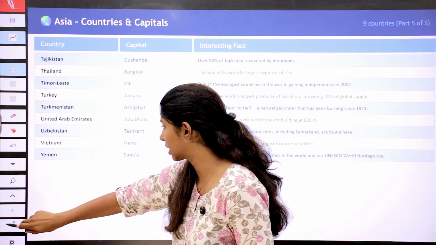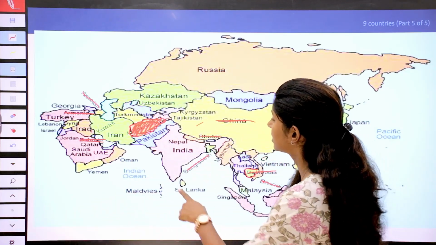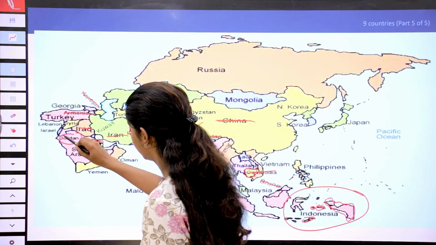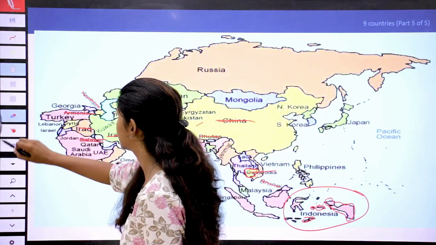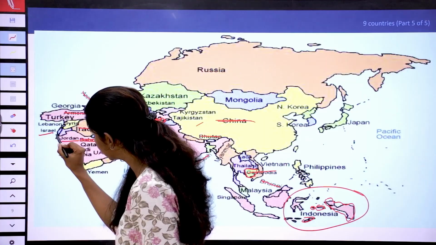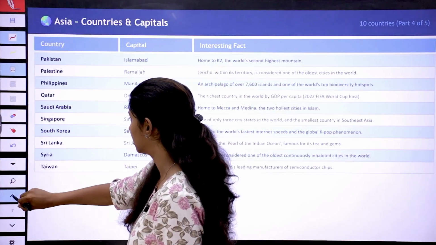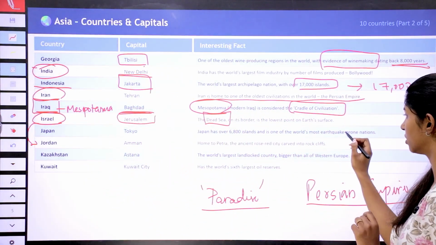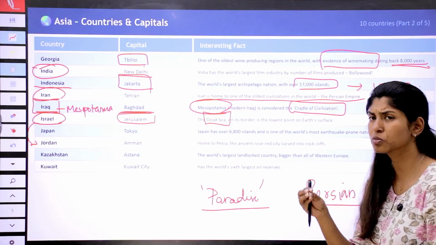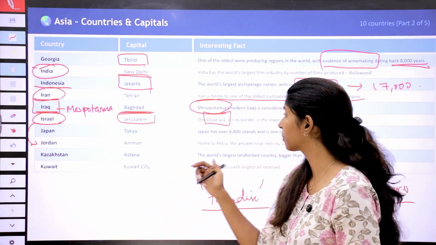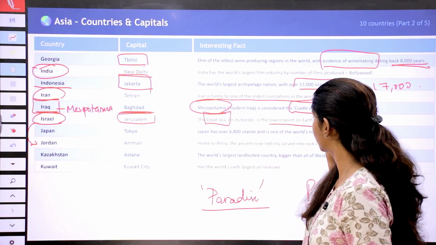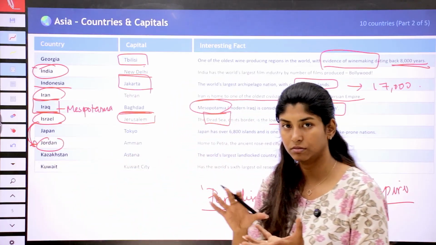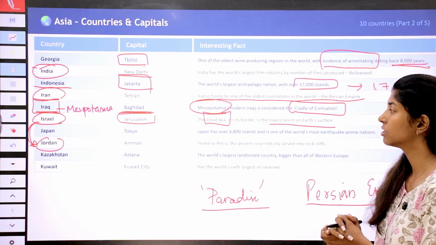We can see in the map. This is Iran. This is Iraq. This is Jordan. You can see it's very small. This is Jordan, and this is Israel. So on the border of it is the Dead Sea. And if you see the Dead Sea, it is one of the lowest points on Earth's surface. So one of the lowest points on the Earth's surface is present where? On the Dead Sea, and that is present on the border of Israel and Jordan.